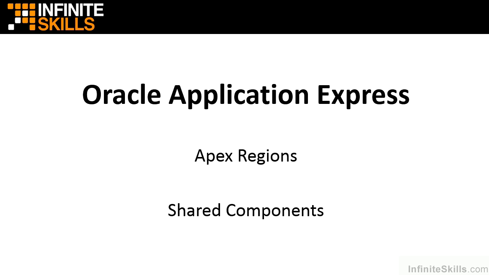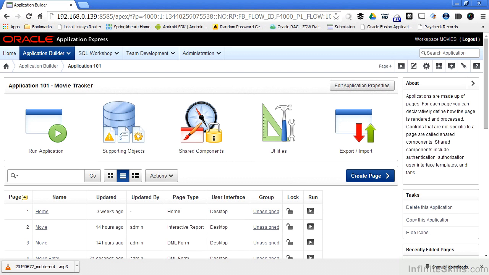Welcome to Oracle Application Express Apex Regions Shared Components. A shared component is a component that can be defined once inside of your application and then reused over and over again. When we were looking at forms in previous lessons, we took a look at our first shared component, a list of values. An LOV can be defined once and then used over and over again inside of the